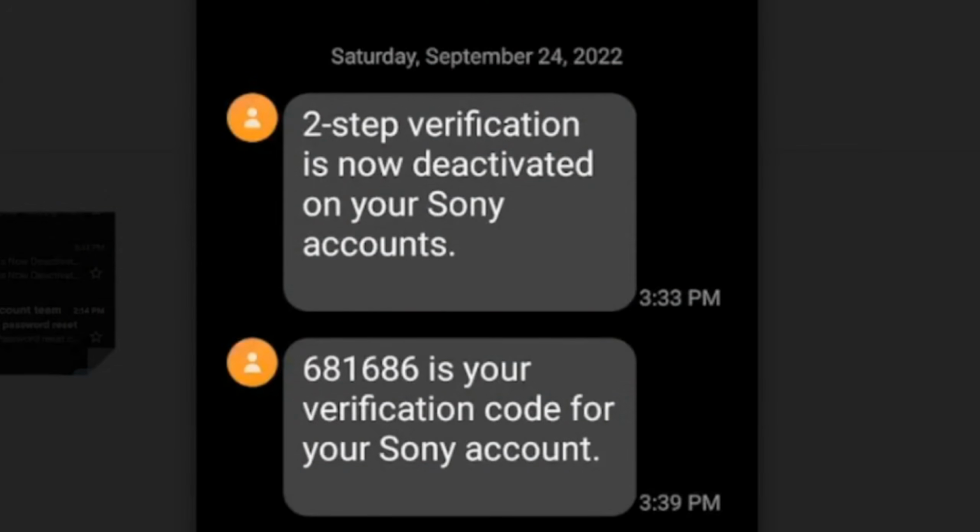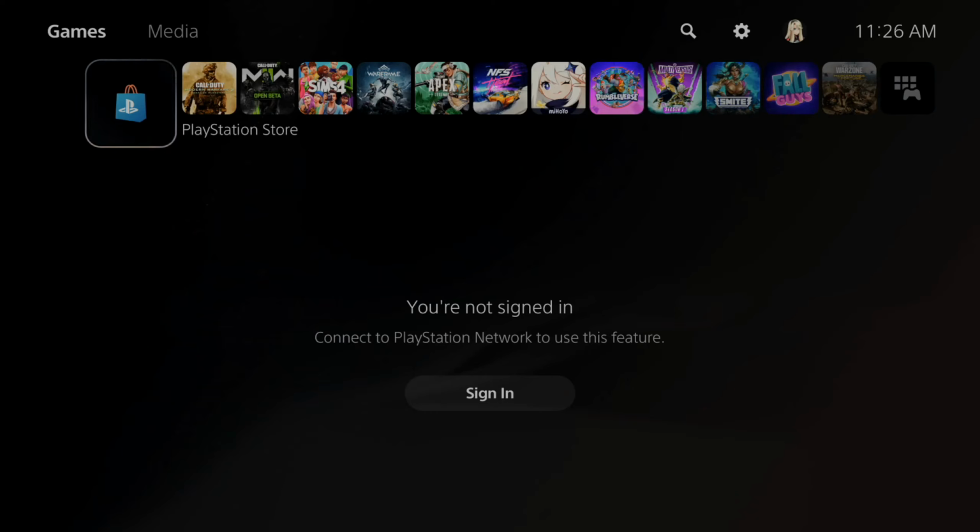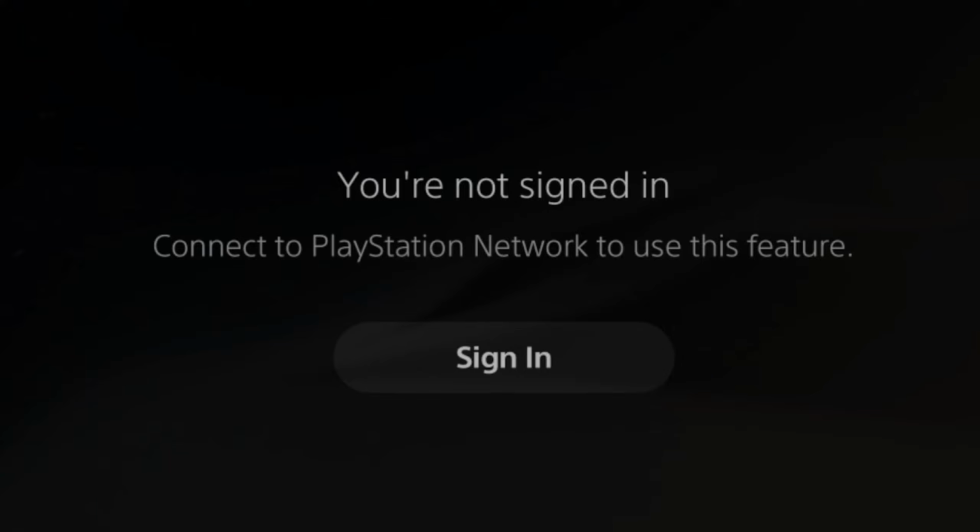So my PlayStation 5 account recently has been hacked, and I found out about it because I had two-step verification on, and I got a text message saying two-step verification is now deactivated on your Sony account. I also received an email saying my sign-in ID has changed, and that my two-step verification is now deactivated. When I went to my PlayStation, it said I had to sign back in. So my email was changed, my password was changed, and two-step verification was deactivated and installed on a different phone